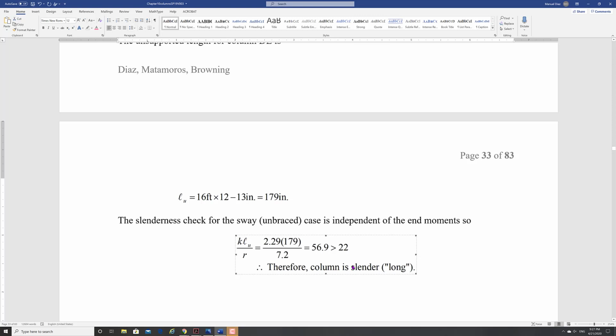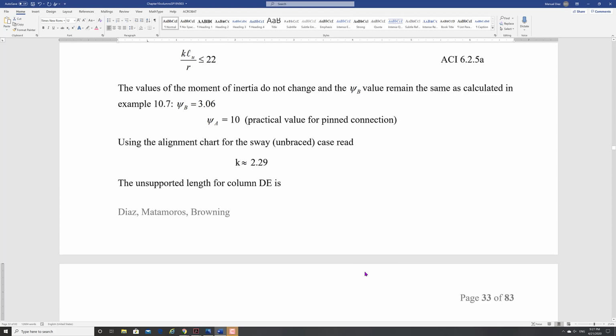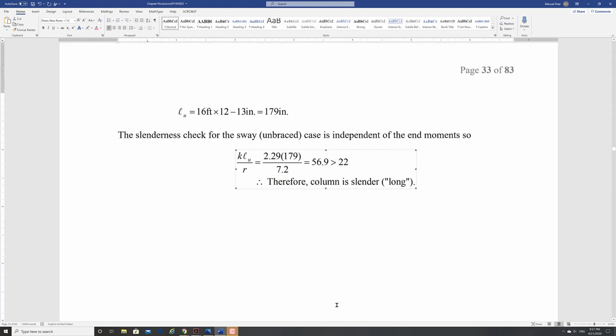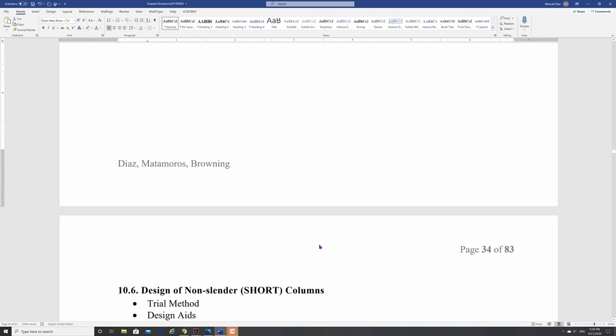Right. So now we got non-slender on the top, slender at the bottom, right? So different cases. You can see that columns can have different cases depending on where you are in your building. Okay. So that way you have to check all of them. You cannot just say, I'm going to check one column, I'm done. No. You have to check any column that has any differences in heights, differences in cross sections, different moment conditions, because the moment conditions can change your slenderness, right? So that needs to be done. Okay, so I'm going to stop here, and